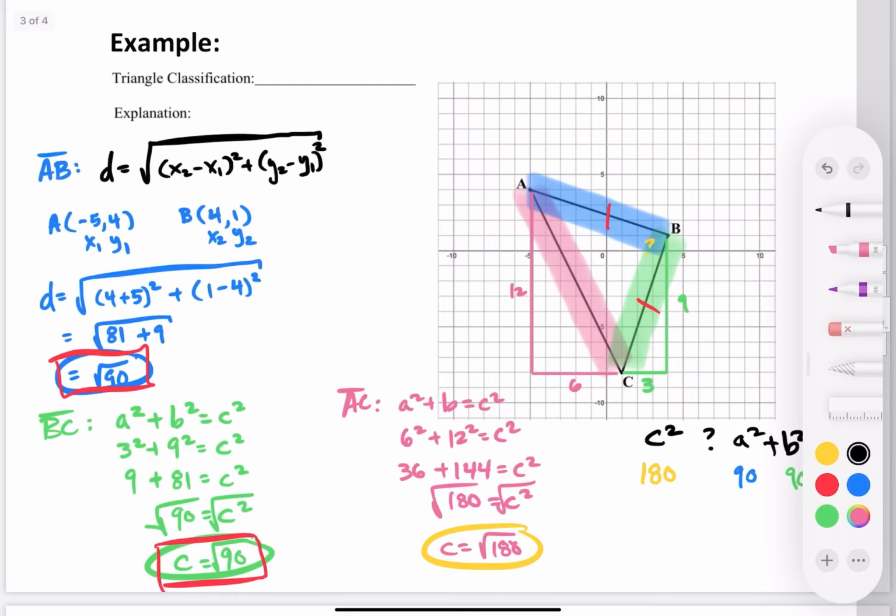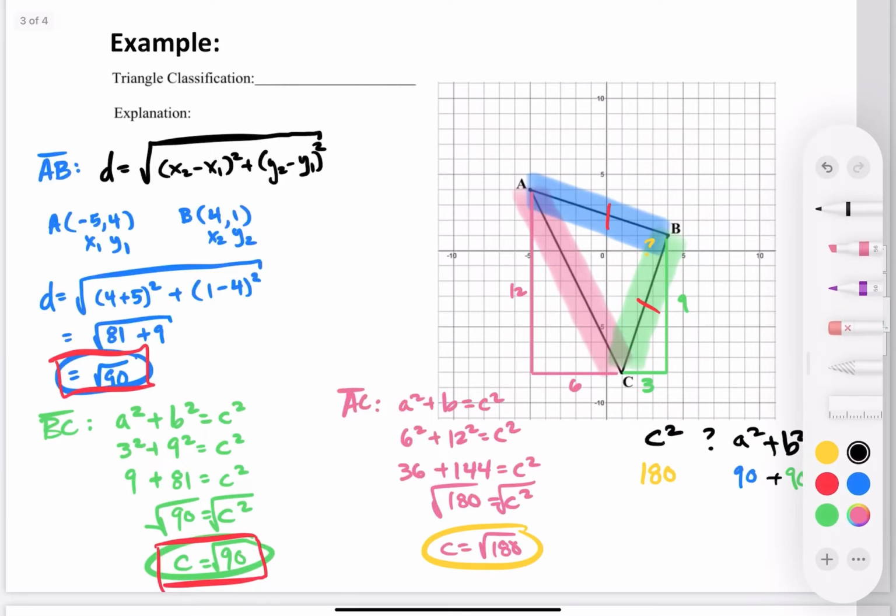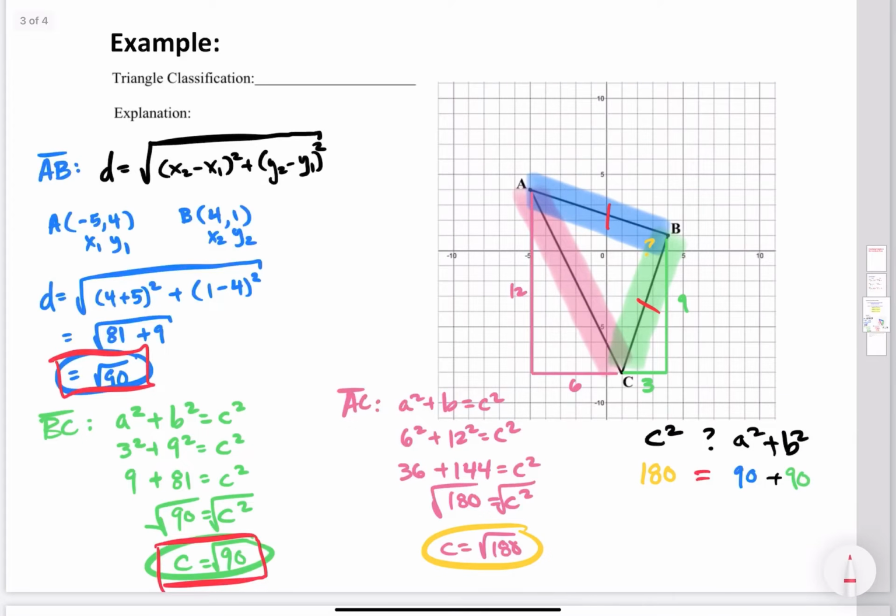And well, if we add those together, guess what? They are exactly the same. 90 plus 90 is 180. So that means since these two are equal, we know that this is going to be a right triangle. So we know that it is an isosceles. It is also right. So we can classify this as a right isosceles triangle